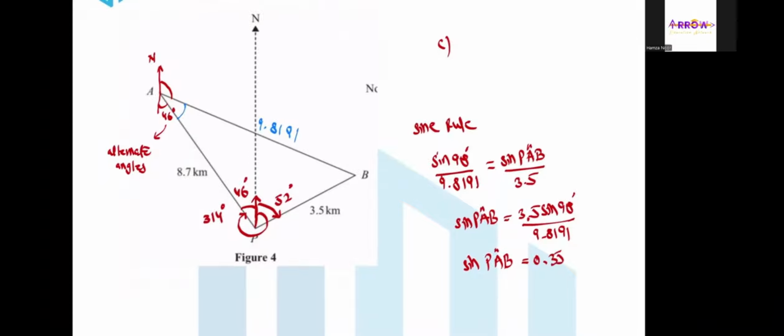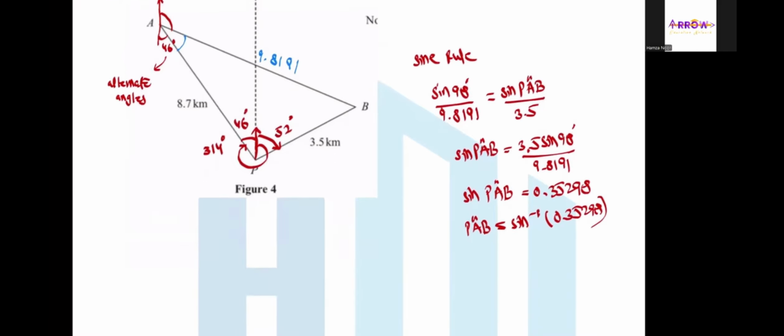So this is 0.35298. All right. And therefore angle PAB, the acute angle, will be sine inverse 0.35298. So sine inverse 0.35298 is supposed to be 20.6696 degrees. Okay. So I can say 20.67 degrees. Angle PAB is